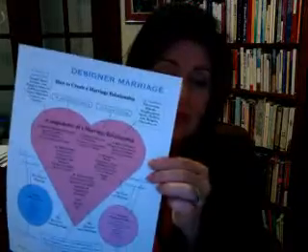So what we want, and last time you were able to download the model that I've created so that on one page we can see all the things necessary for a marriage relationship. Now these are the 6 components that lie inside the heart, that heart on my model. And that is the components of a marriage or an intimate relationship. So I'm going to walk through those 6 parts.